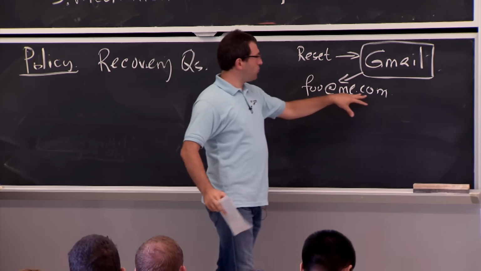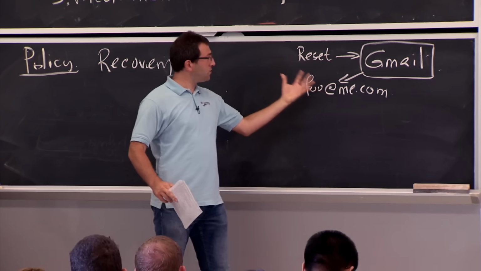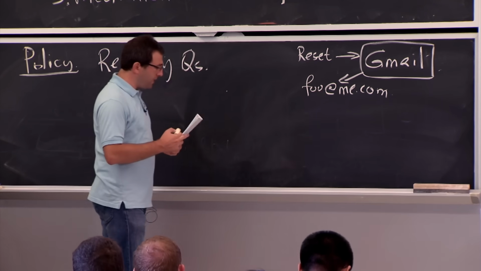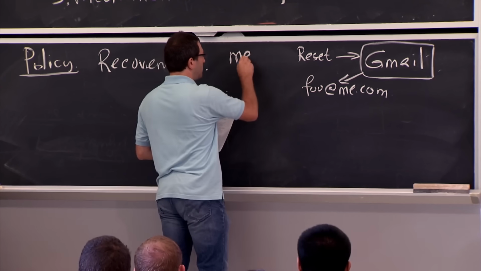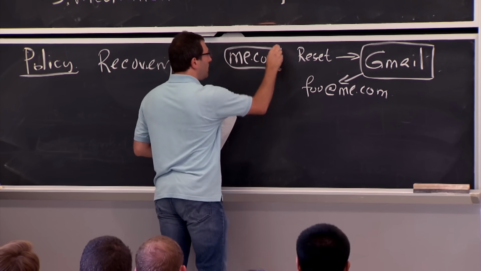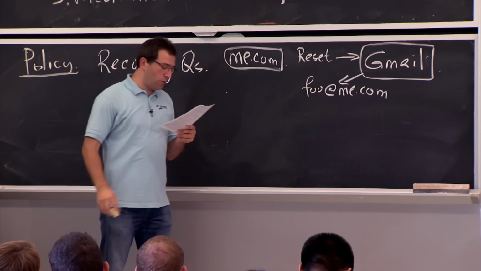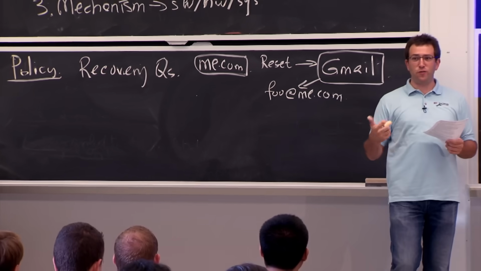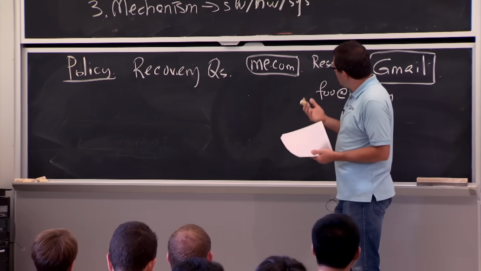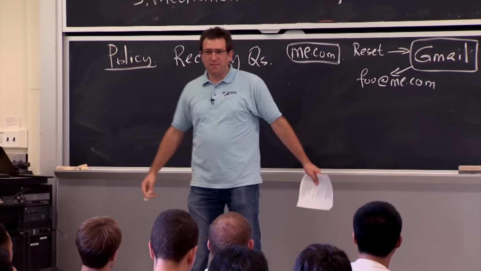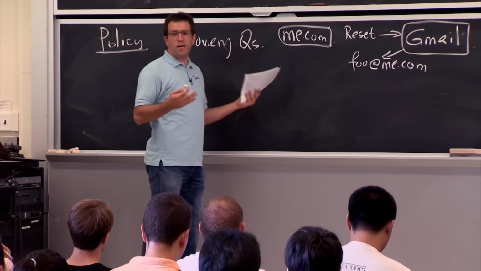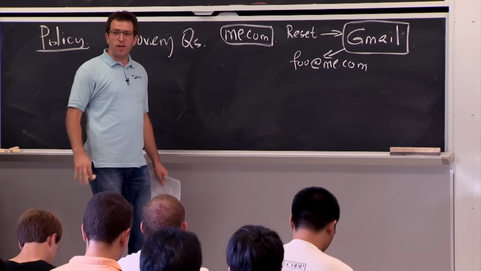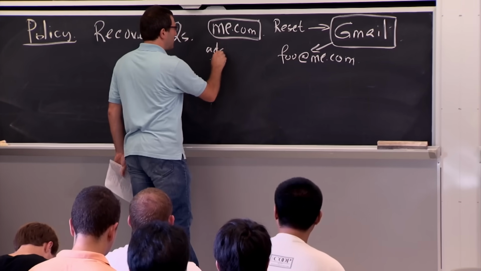OK, but the bad guy doesn't have access to me.com either, but they want this password reset link to get access to Gmail. Well, the way things worked was that in Apple's case, this me.com site allowed you to reset your password if you know your billing address and the last 4 digits of your credit card number. So it's still not clear how you're going to get this guy's home address. Maybe you can look it up somewhere. This guy's a well-known person at the time. But where do you get the last 4 digits of his credit card number? Well, not clear, but let's keep going further.